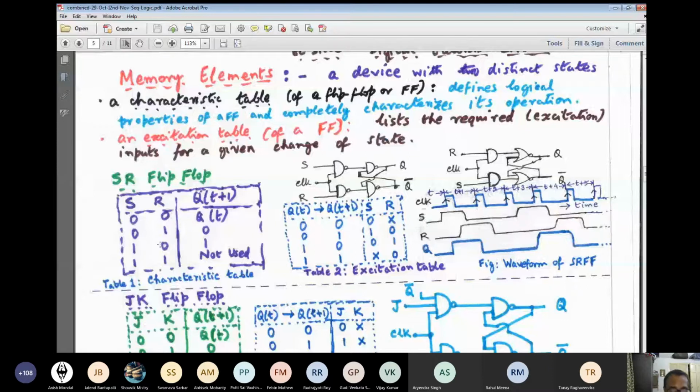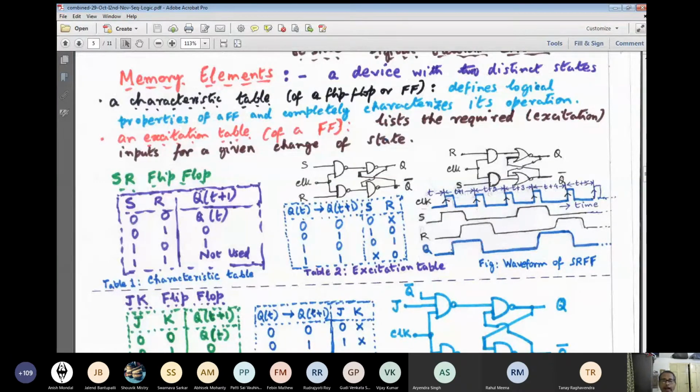When I draw the circuit I will show it. Also, we can sample it in an oscilloscope. If we feed a periodic waveform, then we can see the output, or with the help of a logic analyzer, logic probe or a multimeter, we can measure the flip-flop output, and we will find that Q changes, suppose Q was earlier reset, then Q will change to 1. That means it will become 0 to 1, in coincidence with the first positive edge. Clear? So this is the domain of T plus 1.